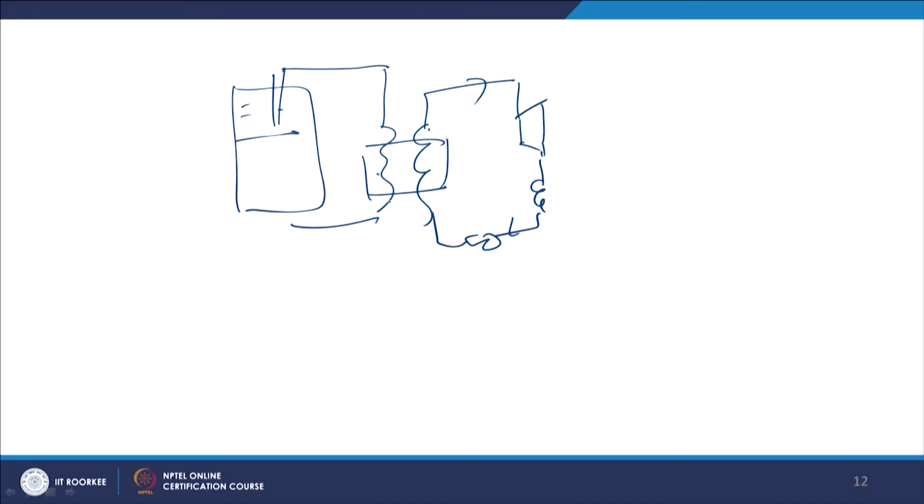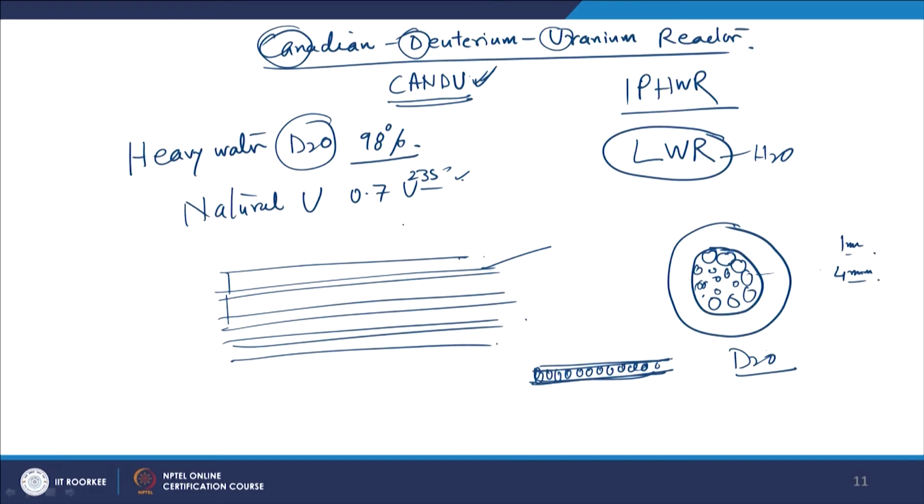So, the beauty of this Candu type of reactor is that high pressure is there only inside the pressure tube, and this part is filled with inert gas in order to prevent heat transfer. The entire assembly, let us say 300 channels, is placed in a vessel which is known as the Calendria vessel.